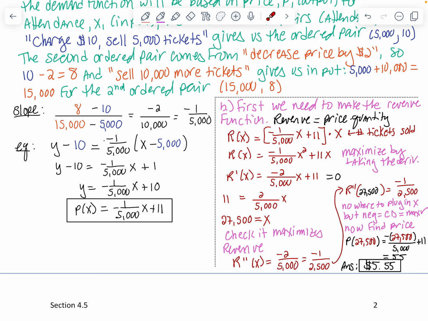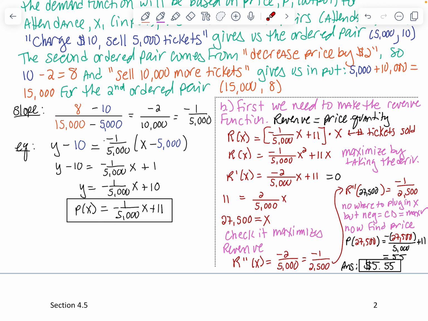So instead of doing a first derivative test, we said, why not do a second derivative test? Take the derivative of what we have, which is negative 2 over 5,000, or in this case, I did decide to simplify it. I need to plug my x value in. Keep in mind, there's nowhere to plug x into because there is no variable, but it doesn't matter. What I care about is I got a negative result. I have something that is concave down, and I know concave down gives me a max. So I have verified that an x value of